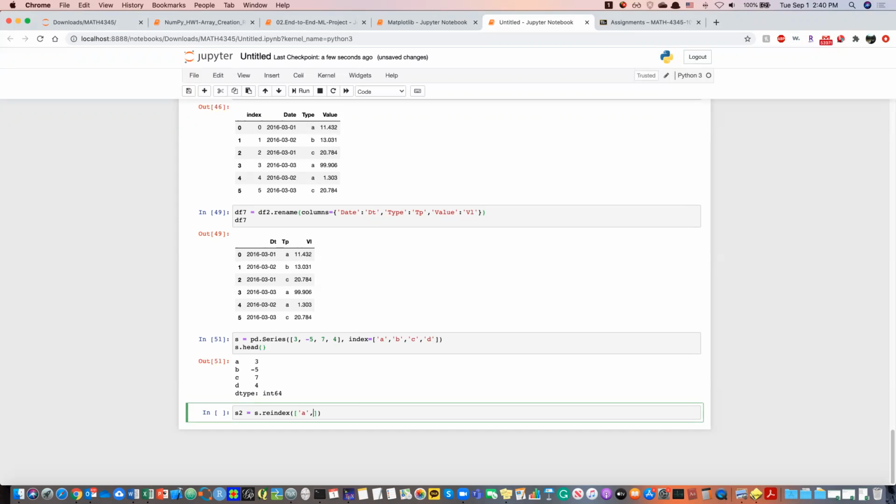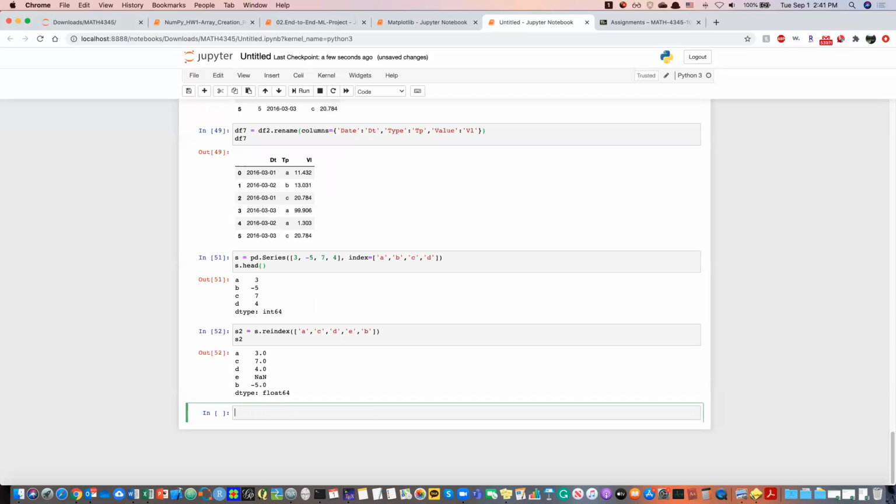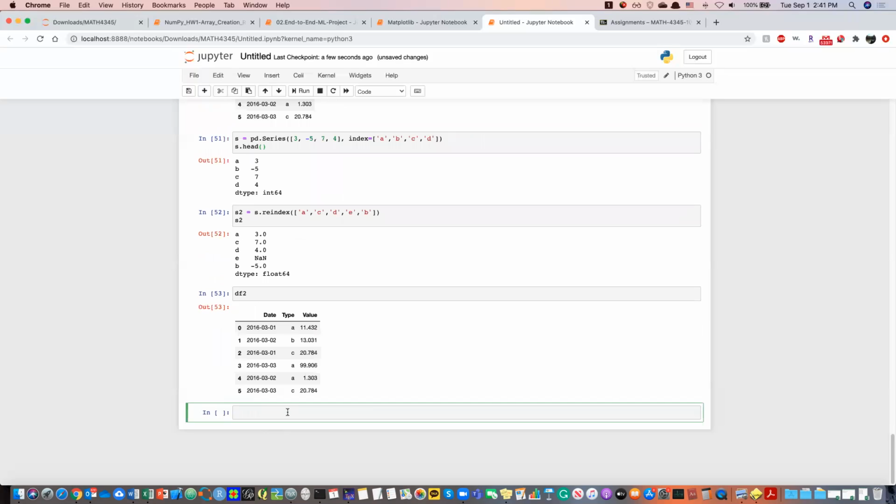A, C, D, E, and then P. S2. Yeah, I just changed the index. And then next one. So let's do DF2. Okay, DF2 here. So for the filling,